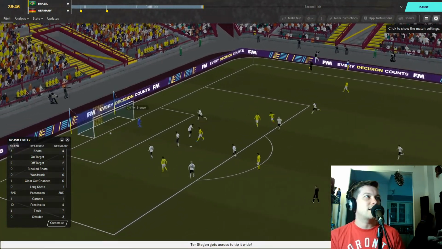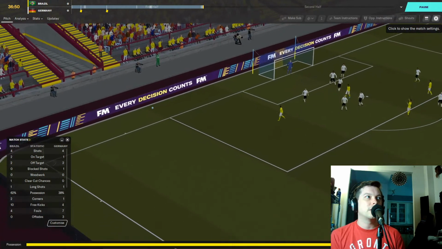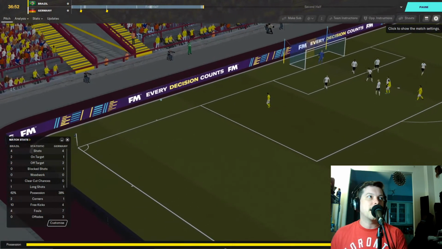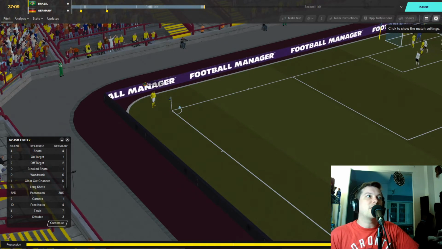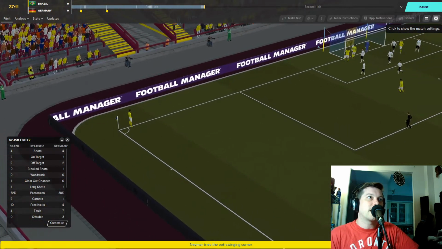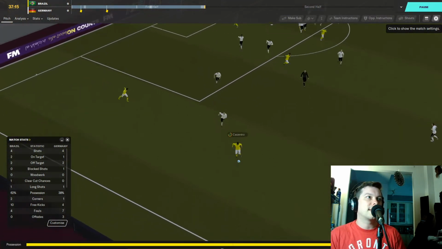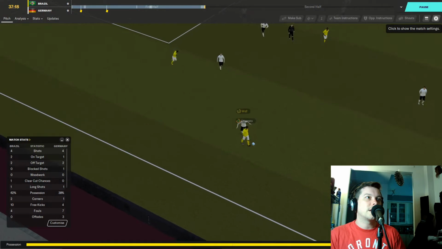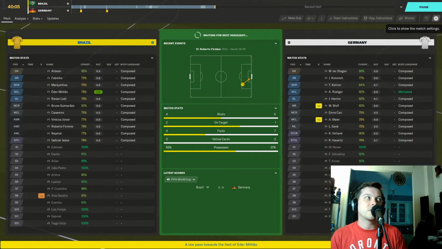He's in space for a shot. He shoots, and it's saved by ter Stegen. And it's another corner for Brazil. Neymar is going to get on these corners again here for the Brazilians. Neymar has been very dangerous. He hasn't started every game this tournament, but he always makes an impact. Neymar crosses into the box. Cleared by Kehrer. Casemiro is going to collect that. Try to launch an attack again for the Brazilians. Cuts it inside to Eder Militao. And nothing comes of it.